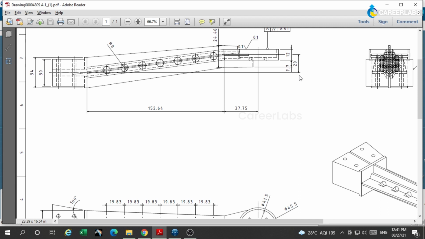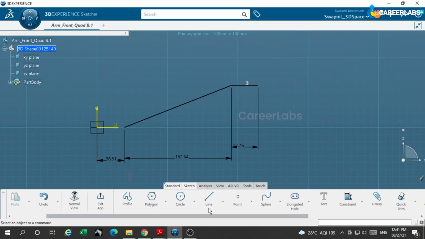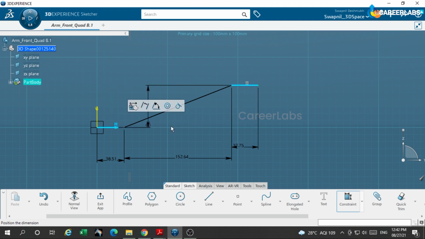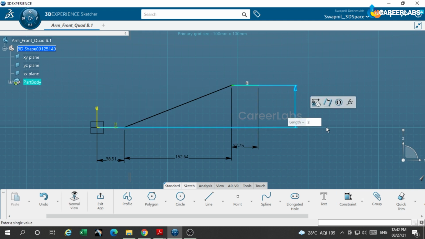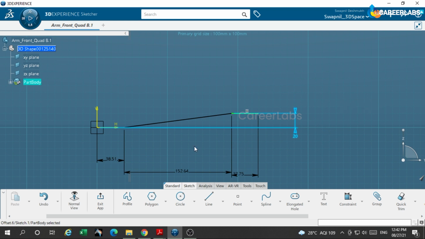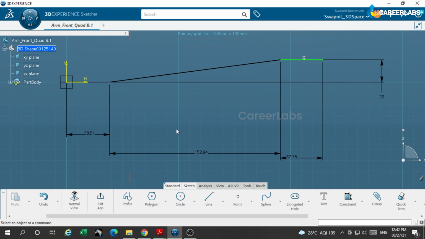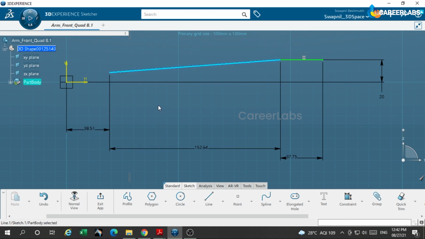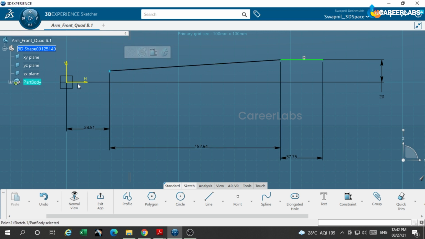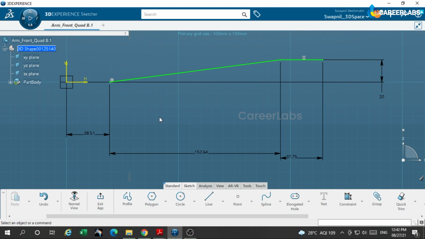Here this dimension 20 mm vertical, this from the horizontal reference 20 millimeter. This is not constrained with this one, coincidence.